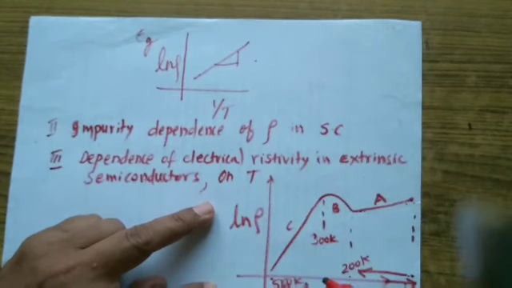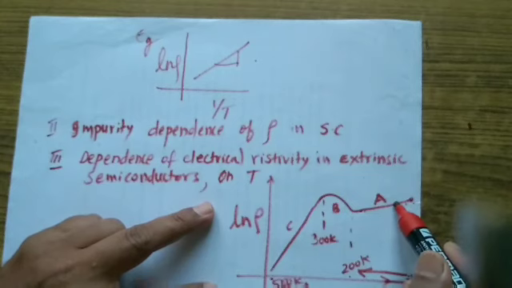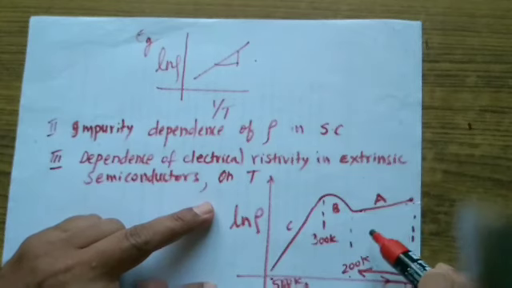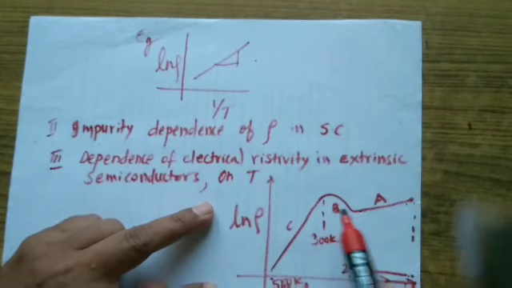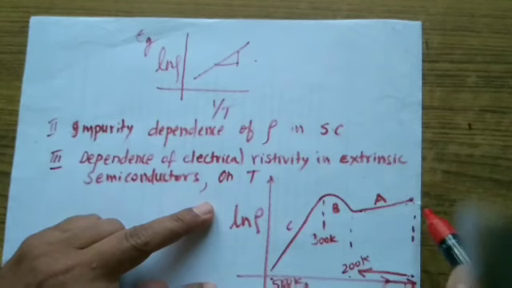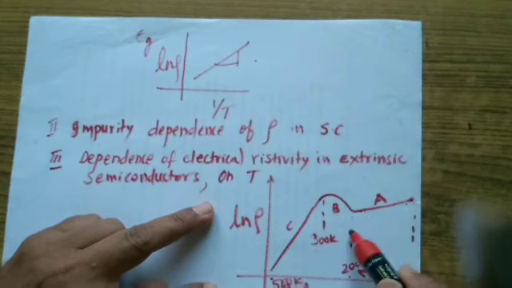Although there are intrinsic atoms, they need higher quantity of thermal energy in order to produce the free electrons. That's the reason why at these temperatures only impurity atoms will release the electrons, whereas intrinsic atoms do not. They do not release the electrons even up to 300 degree Kelvin. So this impurity atoms stop releasing the electrons or stop producing the free electrons at 200 degree Kelvin,